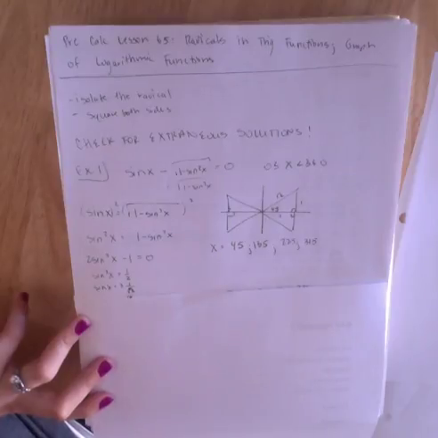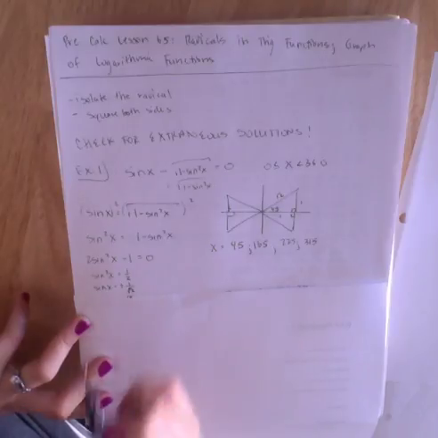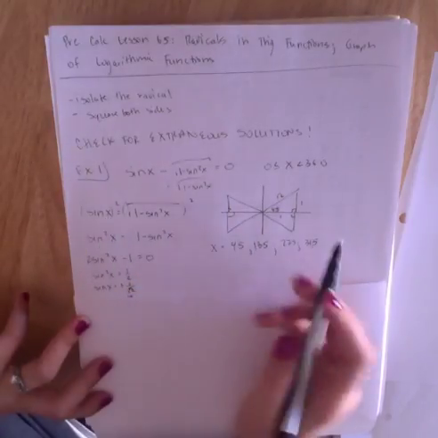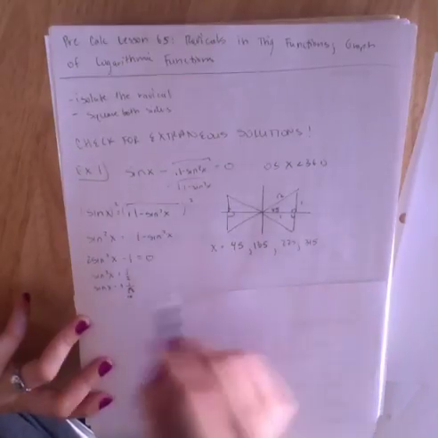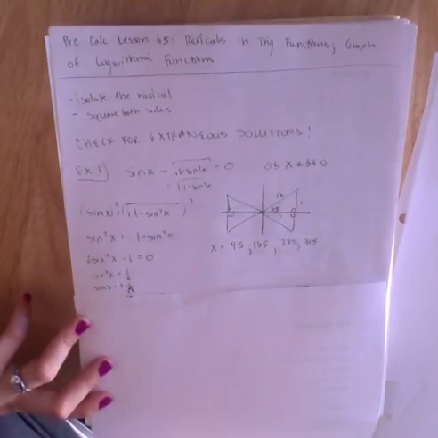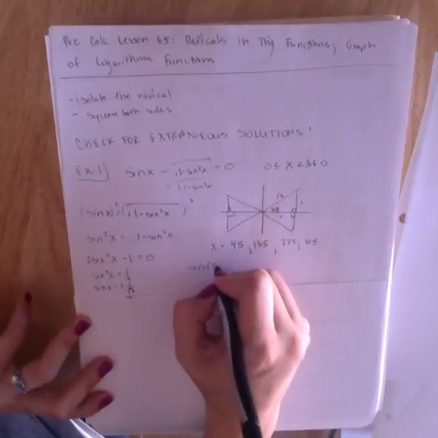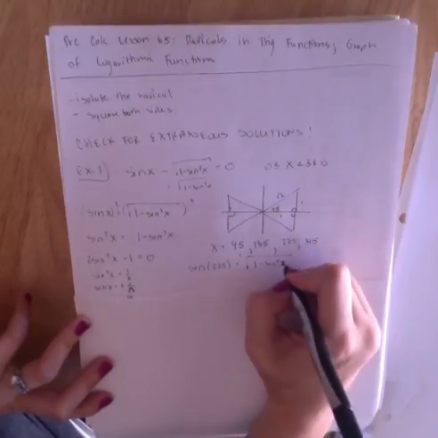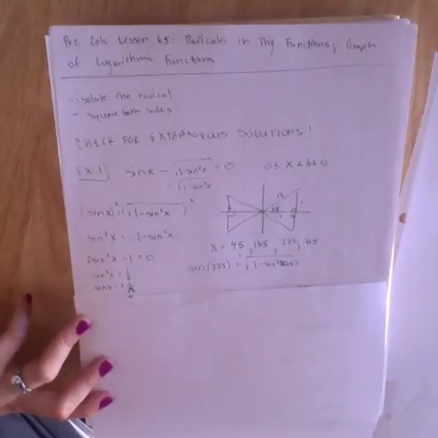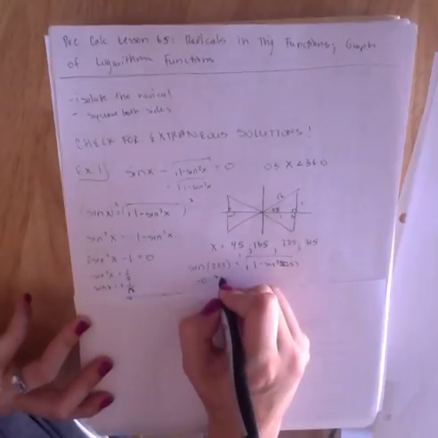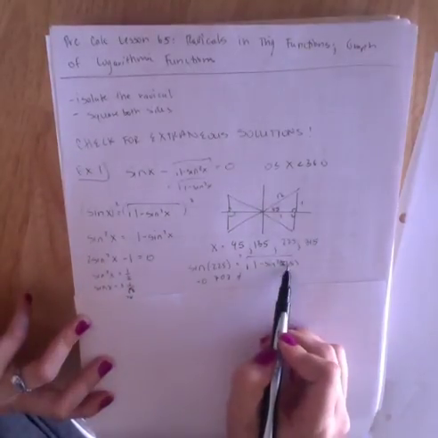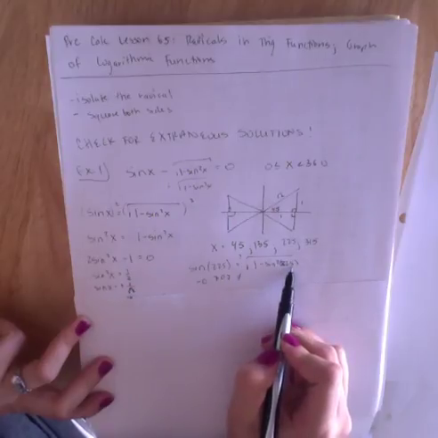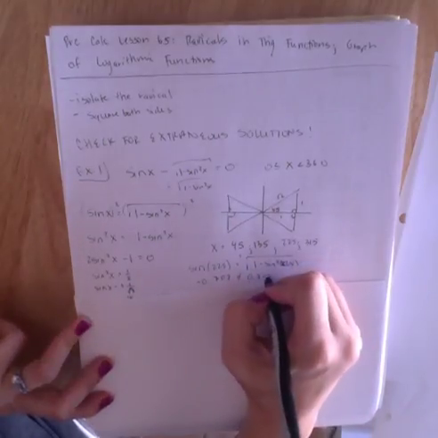Now, I need to check all of my solutions. So I'm going to plug it in here. I'm just going to show you the ones that don't work, but you need to check all of them. So I'm going to look at the sine of 225. Does that equal the square root of 1 minus the sine squared of 225? The sine of 225 we know is negative 1 over root 2, so I'm going to write it as negative 0.707. But here, if I square that value, it becomes positive, and 1 minus that value is this when you